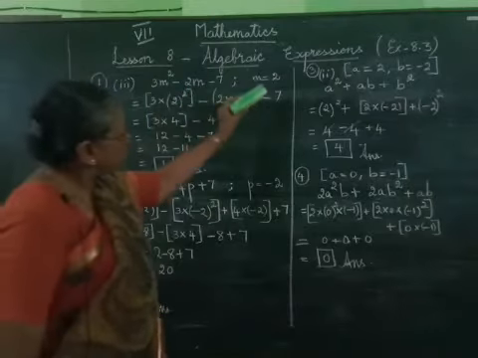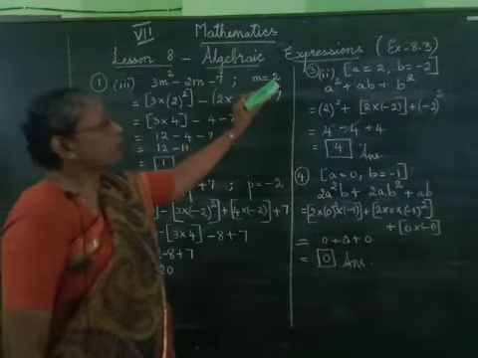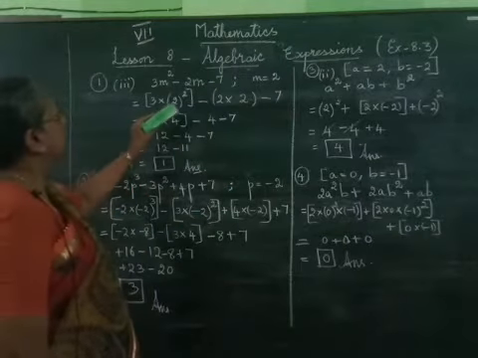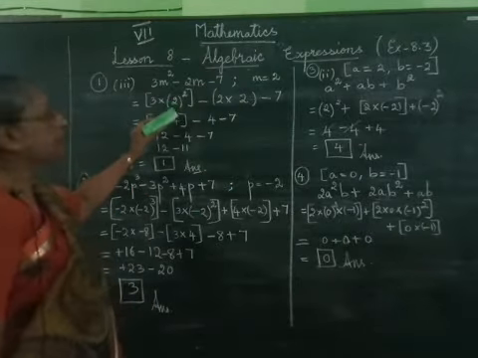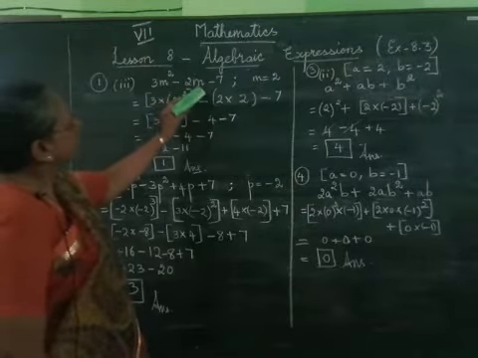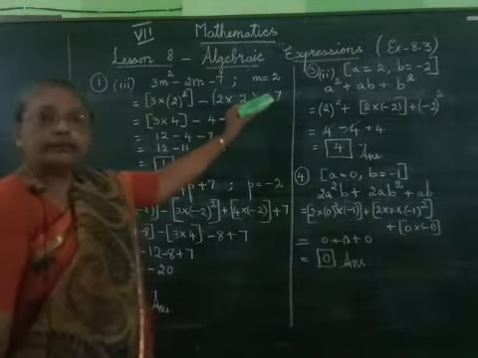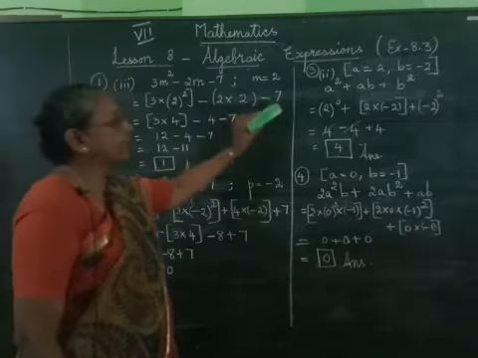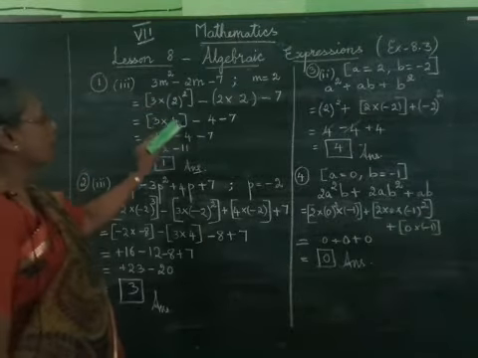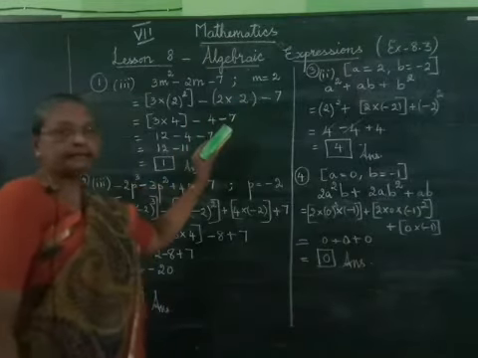Now we have to substitute this value in the expression. Wherever m is coming, we have to put the value 2. Then we have to find the value of the full expression. So in place of m, we have put 2 here. It will become 3 into 2 squared minus, and here in place of m we have put 2, so 2 into 2. Then minus 7 is without the variable, it is a constant, so we have written it as it is. Then 2 squared is 4. So 3 into 4 minus 2 into 2, we get 4, so minus 4. Then minus 7.